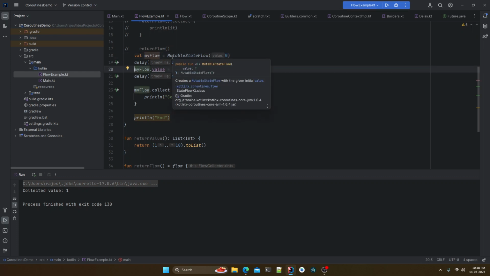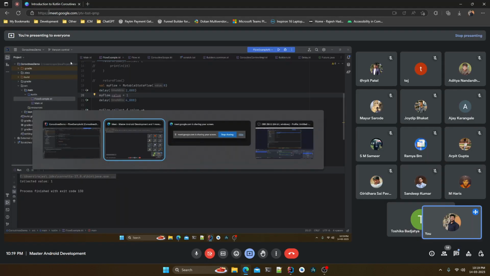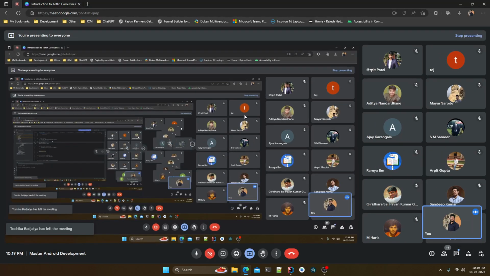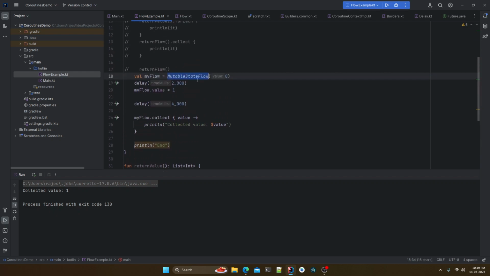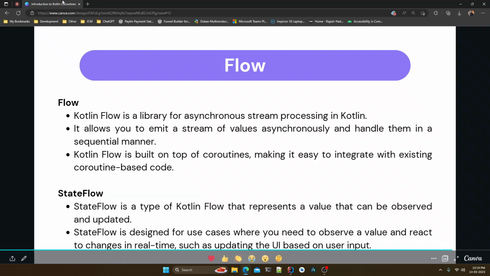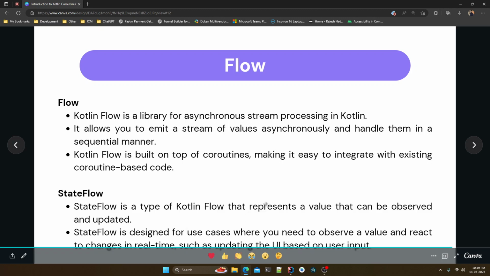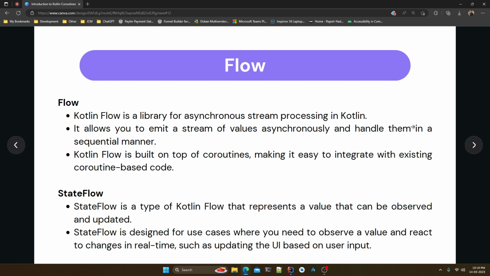And state flow is used as a value holder class, just like live data. I think even if you are from a Java background, you may have used live data in Android, right? Live data is just a value holder class. In the same way, the state flow is a variation of the flow and acts as a value holder. Okay, so it will emit one value at a time, and when the value updates, it will update its